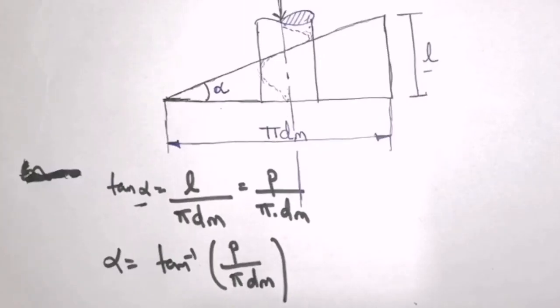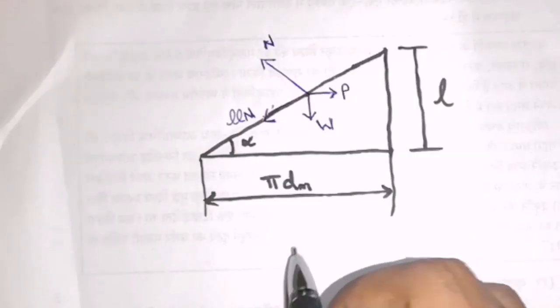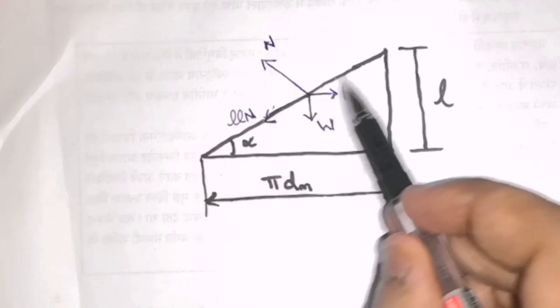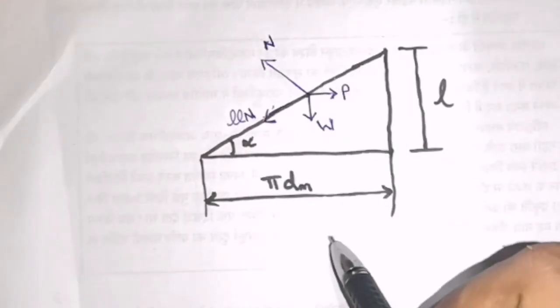In the application part, we have seen the application of the power screw to lift heavy loads. Now, to lift a load, some torque will be required. Let us now derive the relation of the torque required to lift the load of weight W. To derive the relation, the screw is considered as an inclined plane with inclination alpha, as shown in this figure.